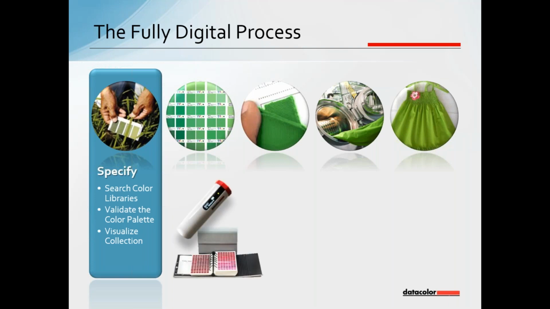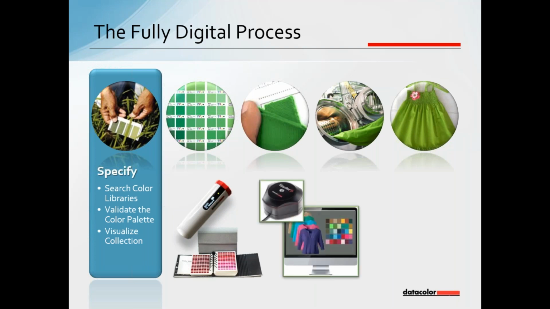So in a fully digital process, we're going to start off by measuring our inspiration colors with Color Reader Pro. We're going to select from established engineered color standards or from our own color library. So we're going to eliminate the uncertainty that comes from trying to match an aesthetic type of sample. We're going to evaluate these color palettes on screen, on a calibrated monitor, on material, so that we can determine whether or not the color palette either needs to be expanded or decreased, or perhaps there are colors that we do not want to ask for color development. So we're going to reduce physical sampling by validating that color palette on screen first before we make